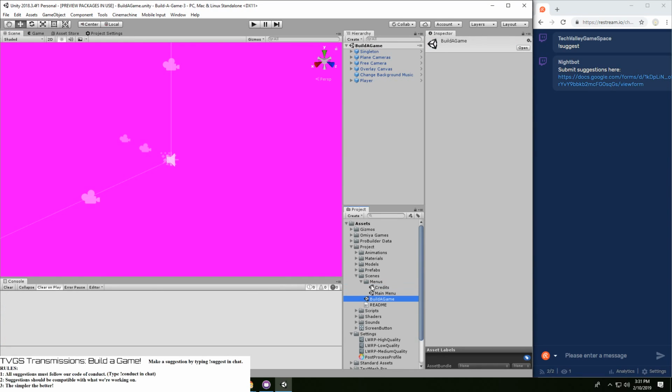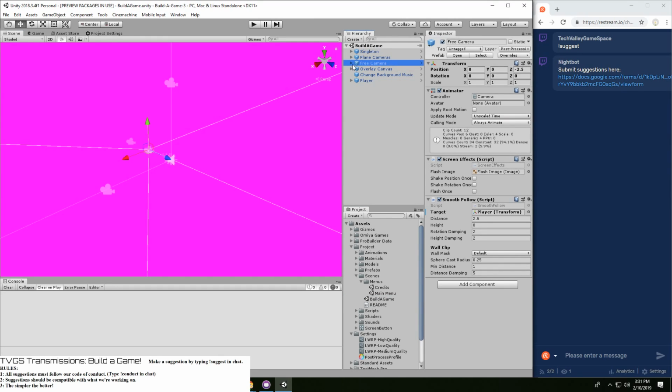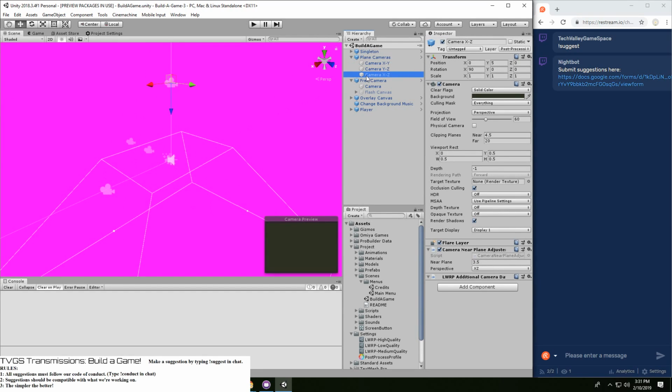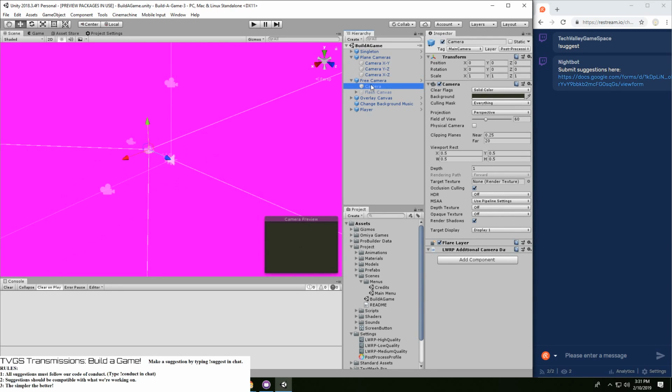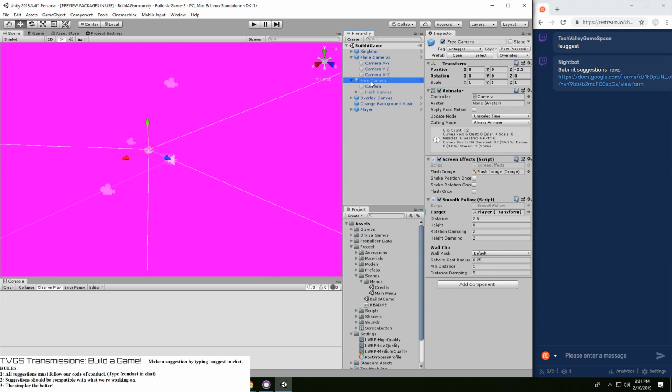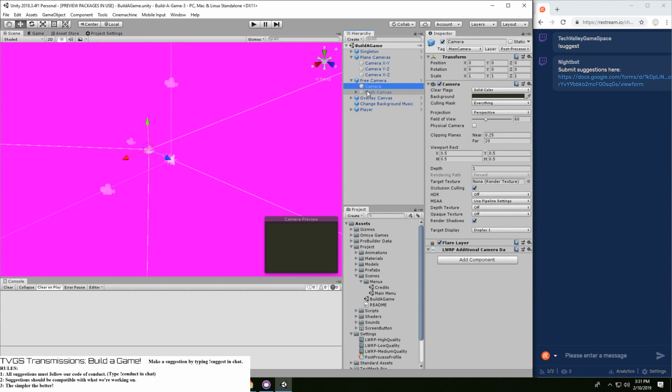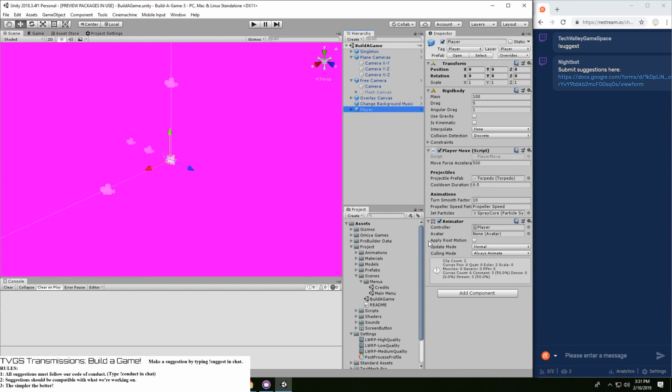Then please explain to me why I'm seeing this instead. No, don't save. Yeah, please explain to me why we're seeing this instead. Is it because... Oh, it is because we have multiple camera setups. Oh no, they're not using clear though. So in theory, this should be fine. Well, this is a problem.